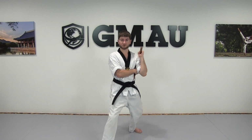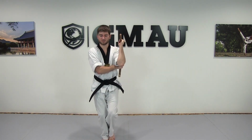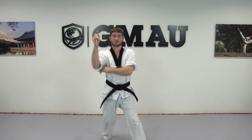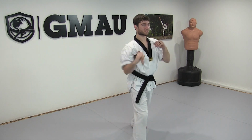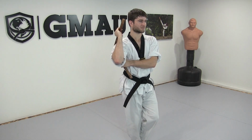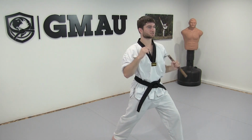I'm in a right front stance, and I'm going to do an outward figure eight. Raise up, feet are together, switch, left front stance, outward figure eight. Step forward, front strike, up again, together, left together, out, left front stance, outward figure eight, front strike, raise it